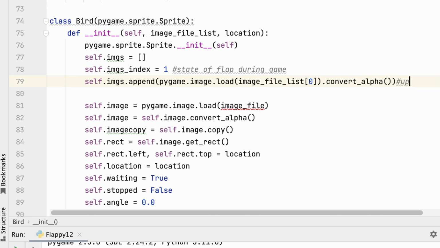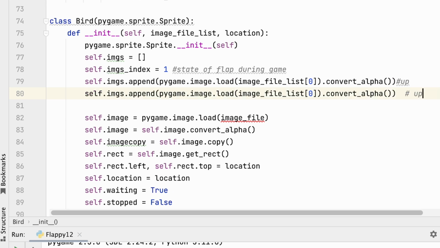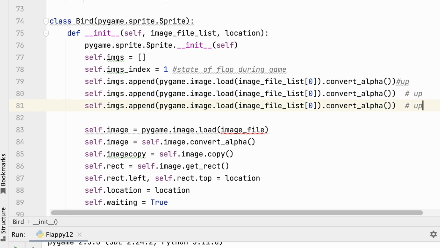Okay, so that's the up flap. And now we're going to need to do that 2 more times. Okay, so we're going to copy it and copy it. But this time we're going to add 1, and 1 is our mid flap, right? And then 2